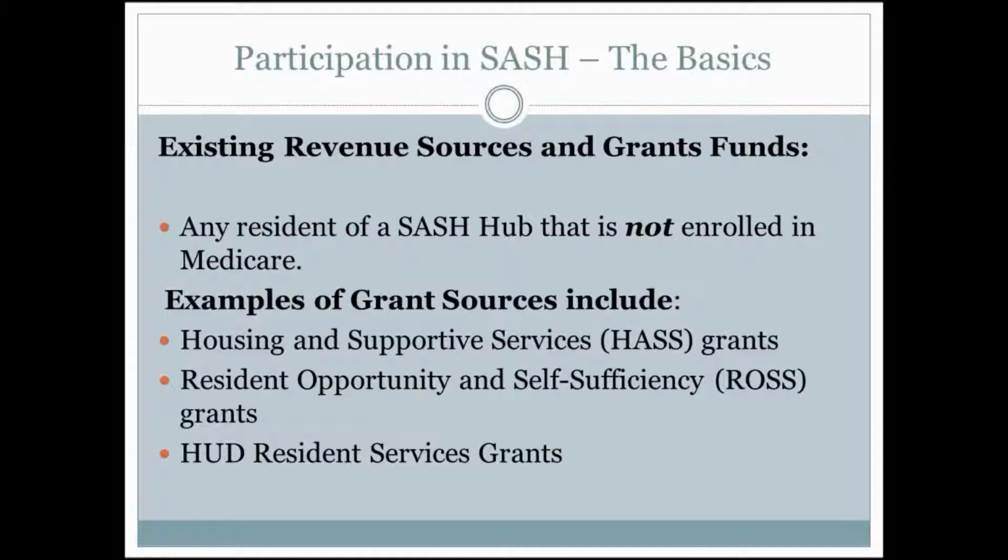And then there's the Housing and Urban Development (HUD) Resident Services grant. A lot of the housing organizations that implement SASH have these other grant sources that they've used to provide services of one kind or the other. Since those aren't going away with the addition of the Medicare demonstration funds for SASH, that should provide enough extra funding to be able to provide SASH to anyone in your building, even if they are not a Medicare